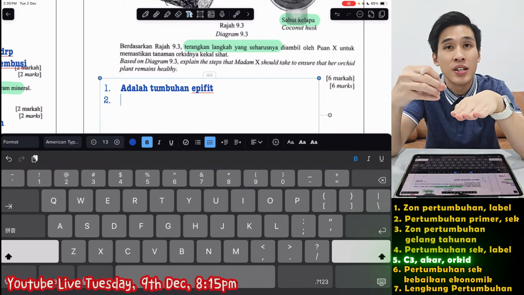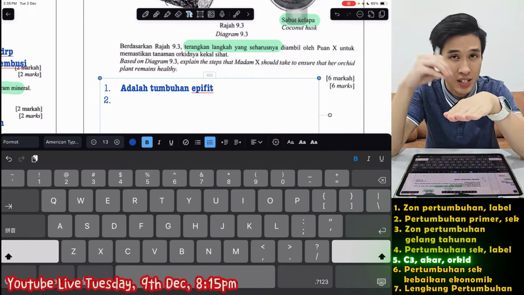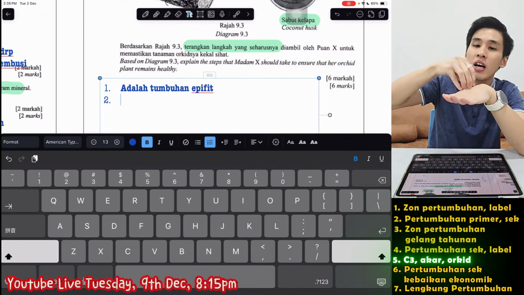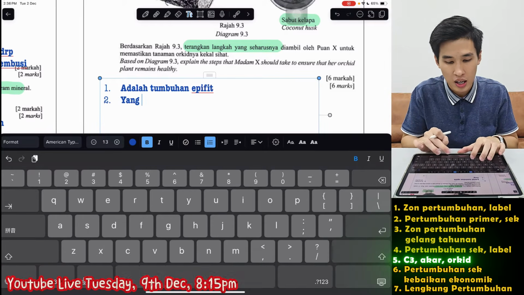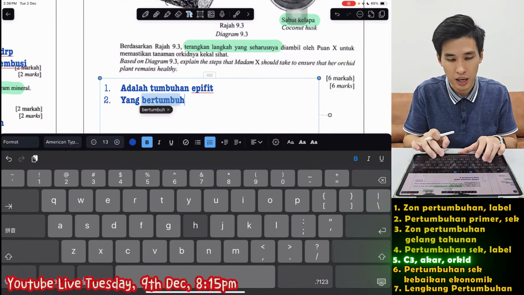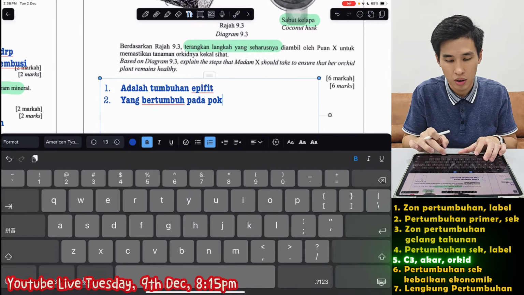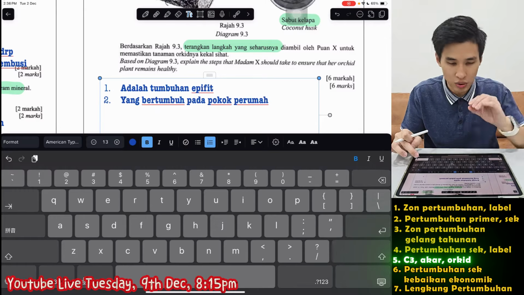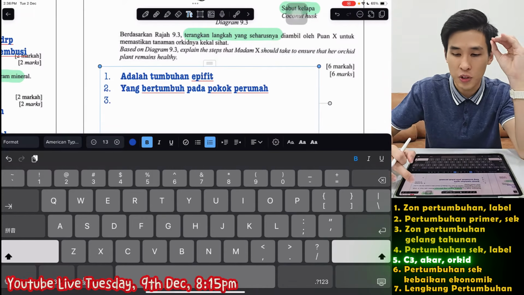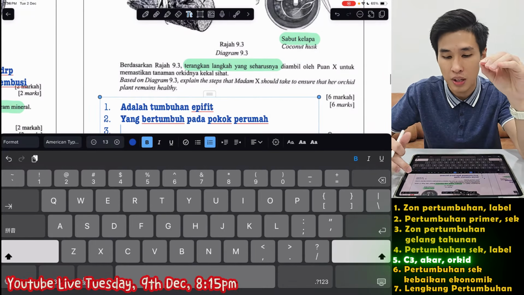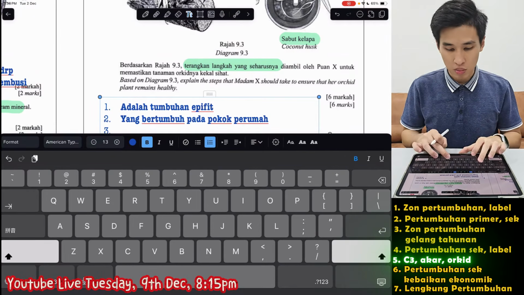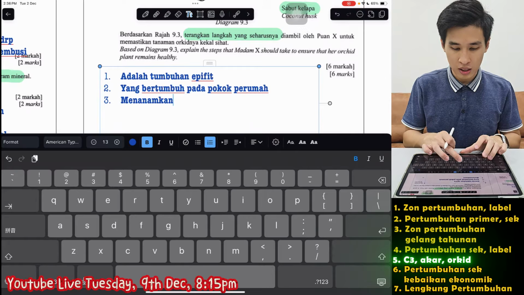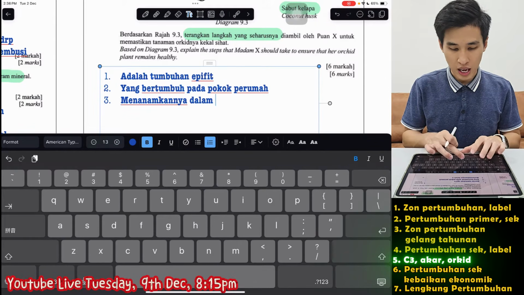So it's actually like commensalism. Dia bukan parasit. They just live on the host. Dia terdapat kebaikan, tetapi dia tidak mengancam perumah. So you can say yang bertumbuh pada pokok perumah. Okay, essay, so this is the point you're going to mention first. So actually for this question, if you say menanam dalam sabut kelapa, it's actually also a langkah, even though the diagram will give already. But you can mention, so menanamkannya dalam sabut